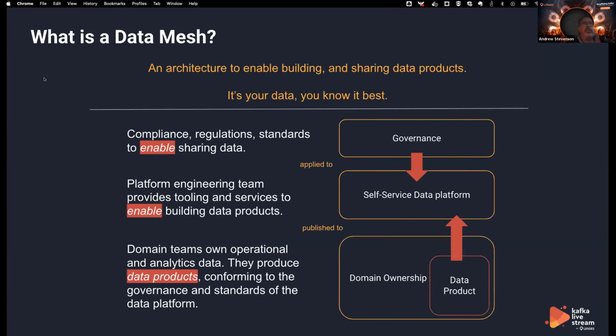So what it is, it's an architectural pattern. It's not purely a technological thing. It's important to recognize that it's more an organizational architecture, a new way of thinking around it. Basically, what you want to be doing is asking how fast can I share my data? And the people who know the data best are the people who produce it. So it's about shifting the responsibility for the movement of data, creating data products, down to data teams.